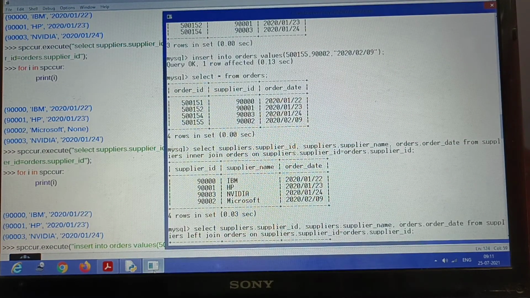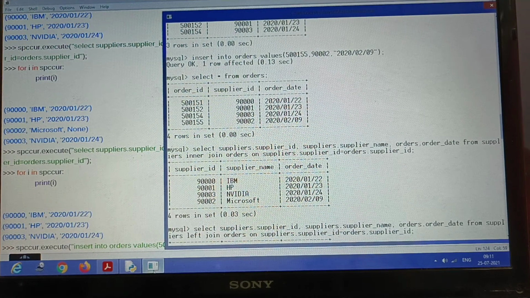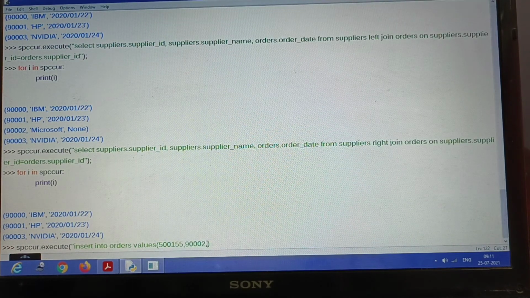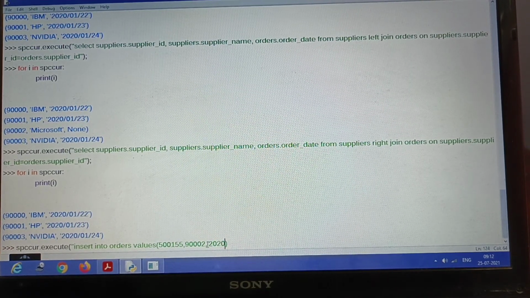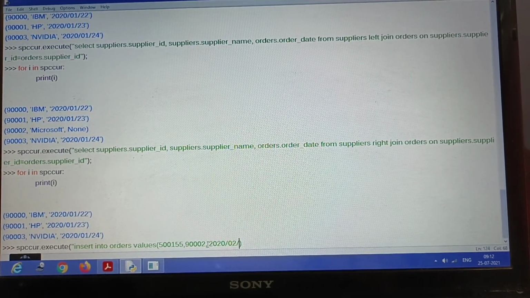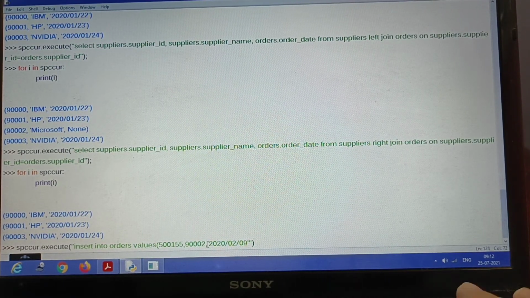Date, remember, I have to give in single quotation here, okay, because already I am in double quotation. I can't give another double quotation here. So 2020-02-09, here in Python I will have to give in single quotation, and then I will be ending the double quotation.